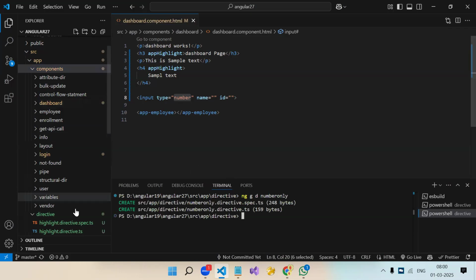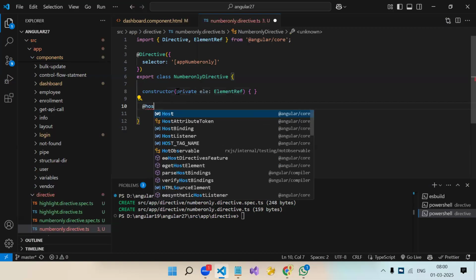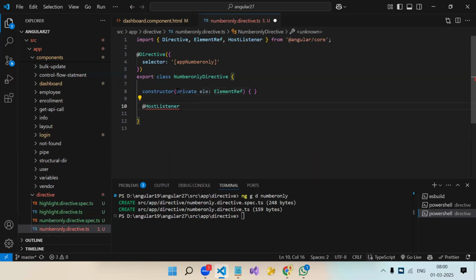अब इस डायरेक्टिव में अपना लॉजिक रहेगा कि नंबर के अलावा अगर यूजर ने कुछ भी टाइप किया, तो हमें रिस्ट्रिक्ट करना है। उसके लिए हमें फिर से प्राइवेट एलिमेंट रेफ लगेगा। जब भी हम डायरेक्टिव बनाते हैं, तो ये चीजें करनी पड़ती हैं। डायरेक्टिव का काम ही है कि एचटीएमएल के किसी एलिमेंट के साथ कुछ कोड लिखो। बिना एलिमेंट रेफरेंस के कैसे लिखोगे, तो हमेशा एलिमेंट रेफरेंस लगेगा ही।